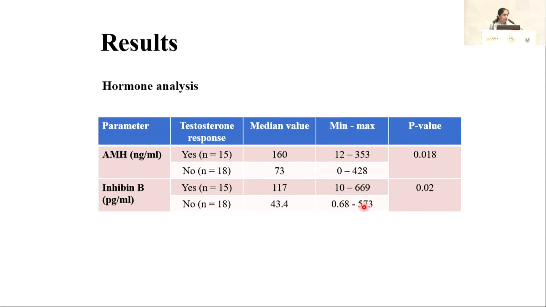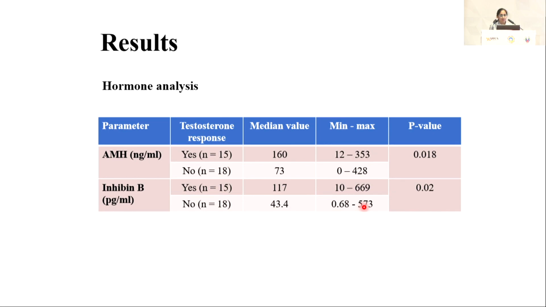Hormonal analysis was further done, and the patients were divided into 2 groups based on the testosterone response after HCG stimulation or no response. So out of these 33 patients, 31 patients underwent HCG stimulation test, out of which 13 had a testosterone response, and no response was obtained in 18 patients. And 2 patients who were in the period of mini-puberty had normal testosterone levels, so they are included in the